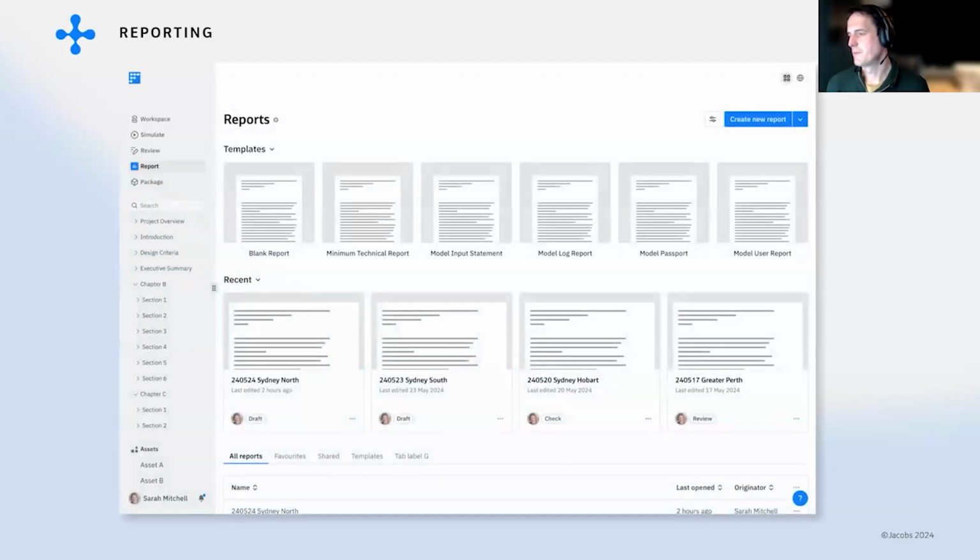So reporting is absolutely essential. We've got all that data in a nice structured way. We're labeling our model runs. As you upload your models, you're specifying return periods, scenario types, climate change epochs. This enables us to automate report building. So you can create model logs, report simulation logs, quality assurance logs, create figures and diagrams all within Flood Platform. So you get these standardized outputs that can be produced by Flood Platform, then shared with your users.